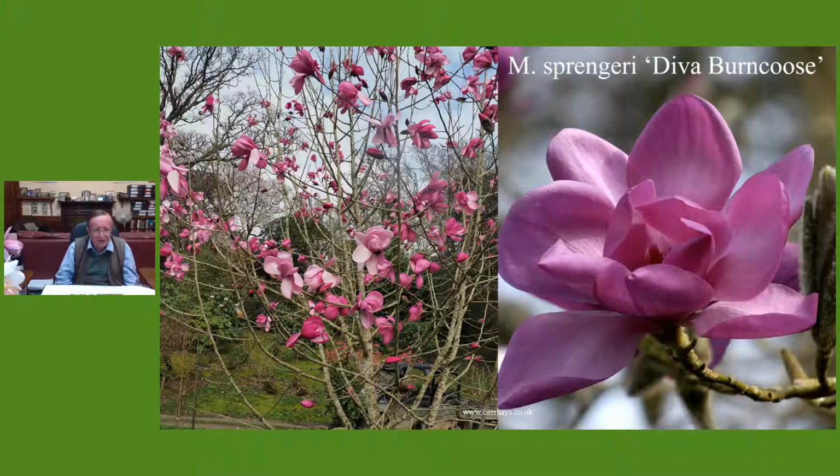of Burncoose and was crossed in 1964. And it has a wonderful red bud, and then it opens out and you get those lovely flowers you can see there, which suddenly turn pink from being in a red bud. Now we need to move on to